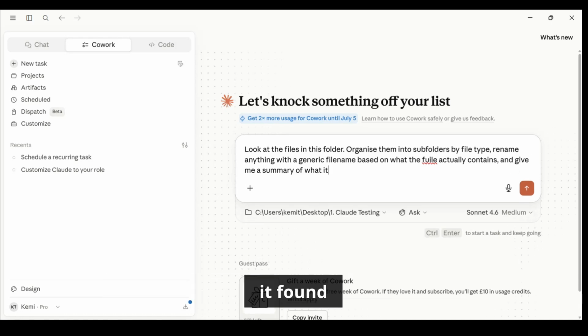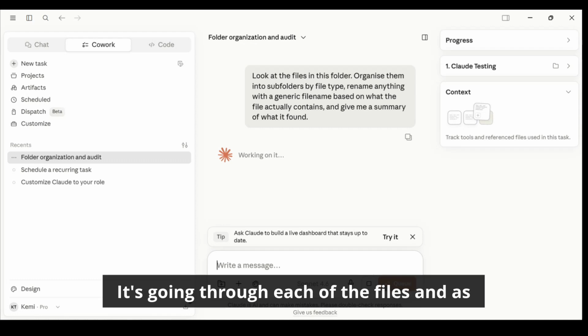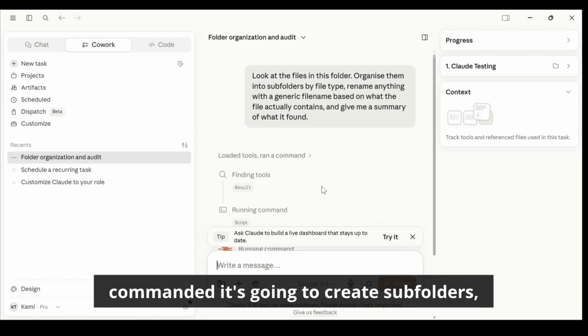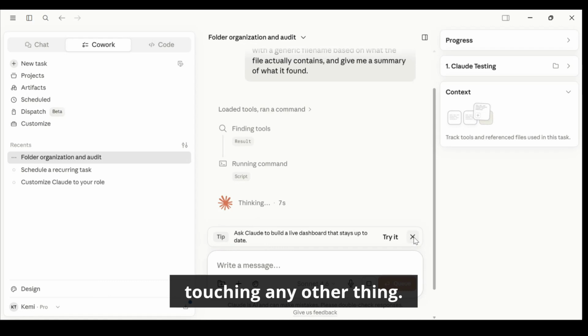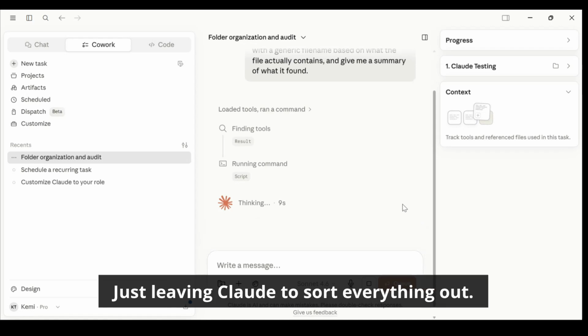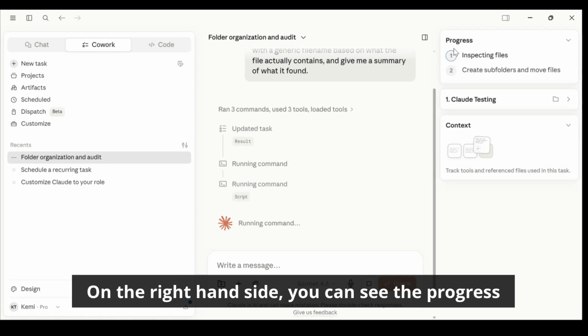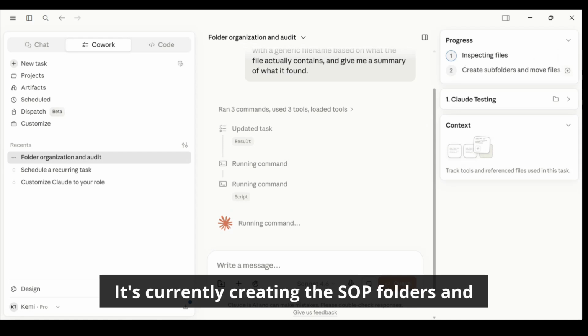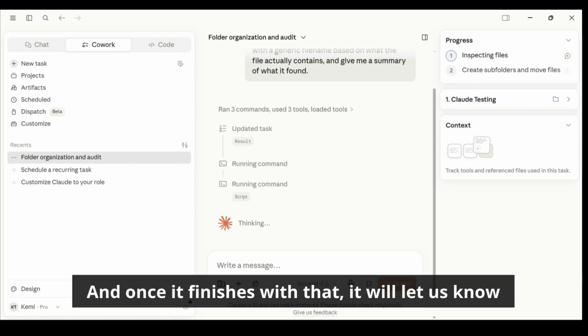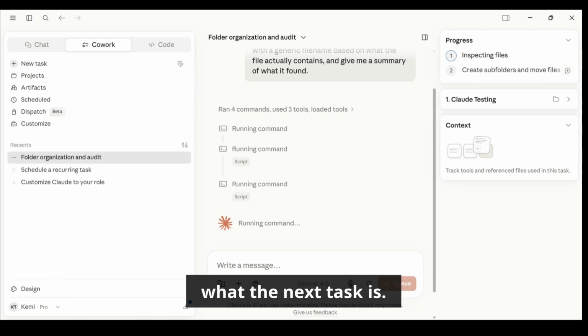of what it found. Now Claude is working. It's going through each of the files, and as commanded, it's going to create subfolders, rename things, and as you can see, I'm not touching anything else. Just leaving Claude to sort everything out. It's running on its own. On the right hand side, you can see the progress it's making. So it's completed inspecting the files. It's currently creating the subfolders and moving the files. And once it finishes with that, it will let us know what the next task is,